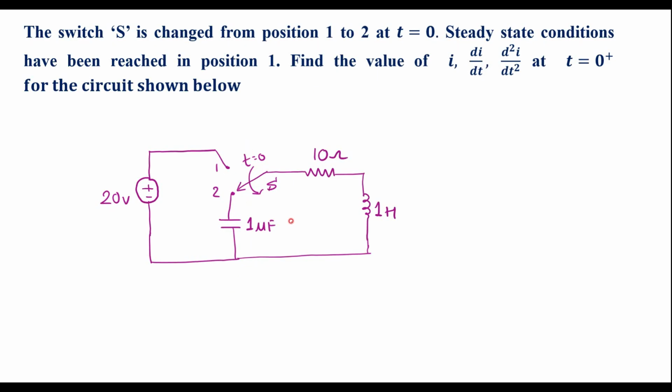This is the given circuit. Here S is the switch. So the switch is connected to position 1. So during position 1 it has reached the steady state. It is said that steady state conditions have been reached in position 1. It means that when the switch is connected to position 1, the circuit has reached the steady state. So we know that in steady state,